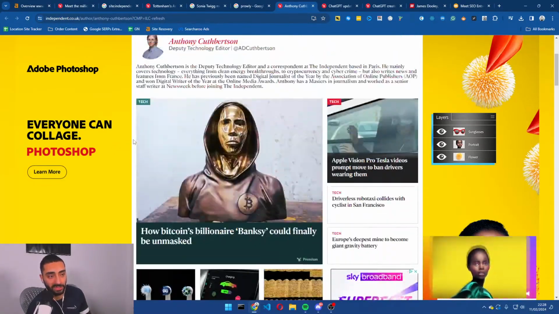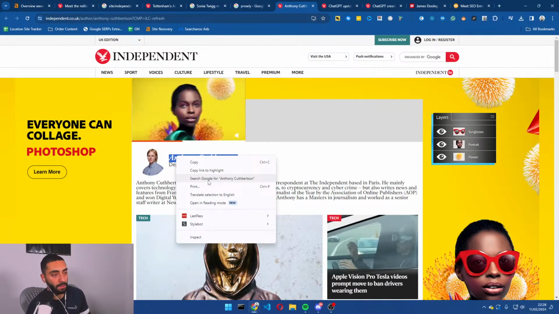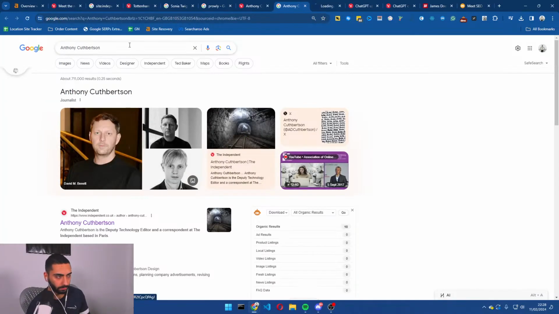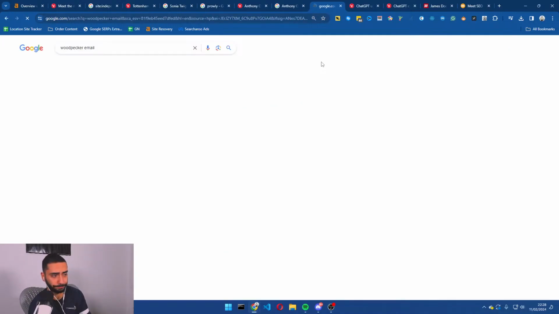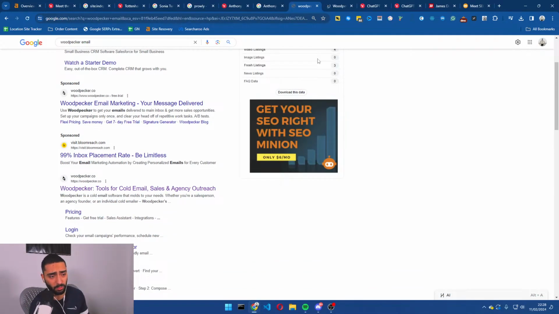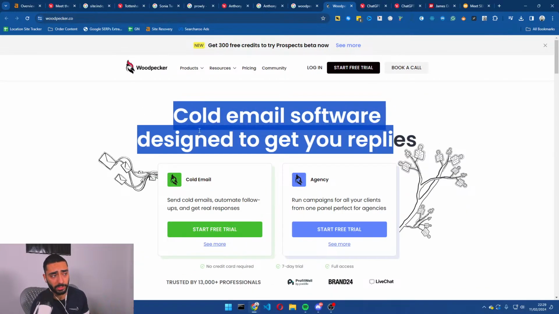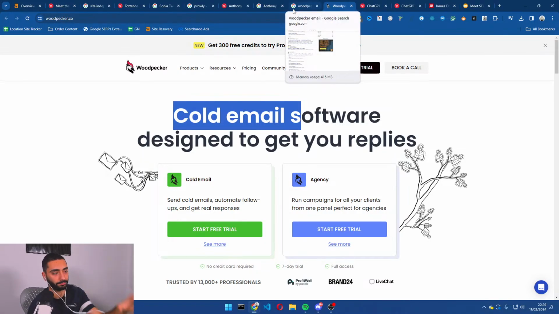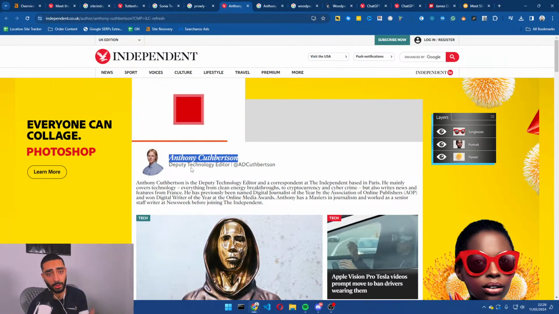Now, again, if you did want to do this manually and you didn't want to pay the $300 a month for Prowly, what you could always do is use some email software such as Woodpecker. So you've got tools like woodpecker.co. This will automate your cold outreach as well. You can set this up very easily and very quickly to say, right, I want you to email Andrew or Anthony, and if he doesn't reply in 2 days' time, follow up with another email.